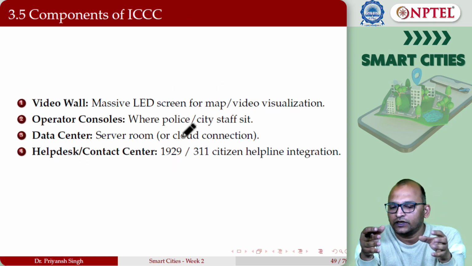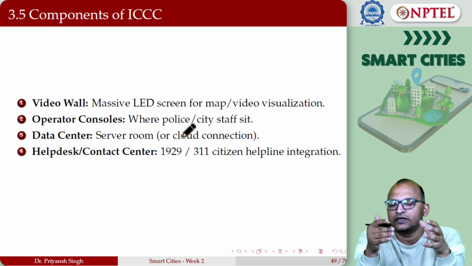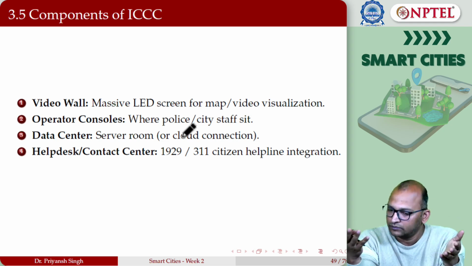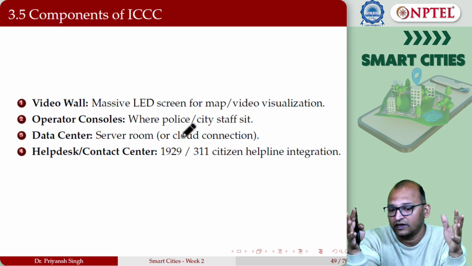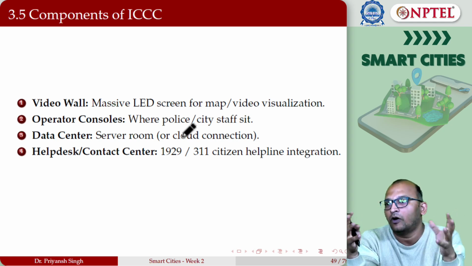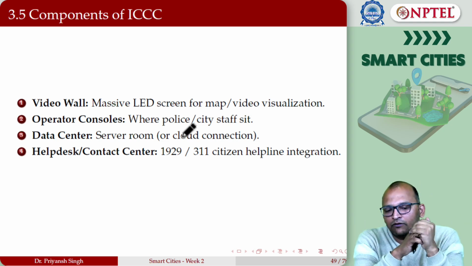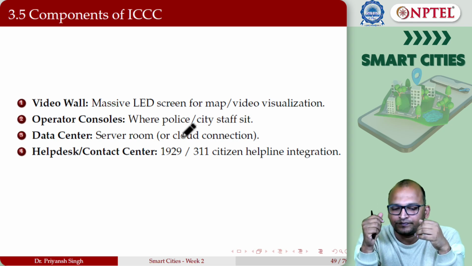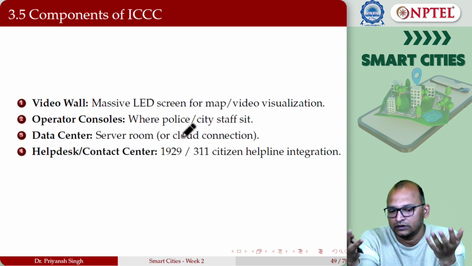Now let's see what the different components of an integrated command and control center are. Integrated command and control centers may consist of different components. Some examples are the video wall, a massive LED screen for maps or visualization of whatever information is there. Then we have operator consoles where police and city staff sit. And then we have the data center, server rooms or cloud connections where all the information or